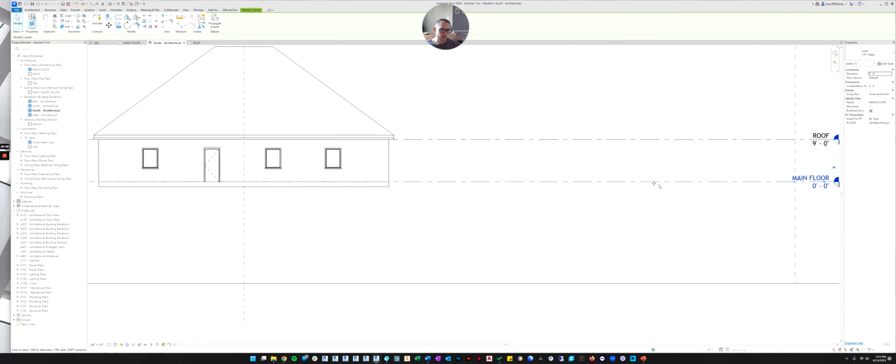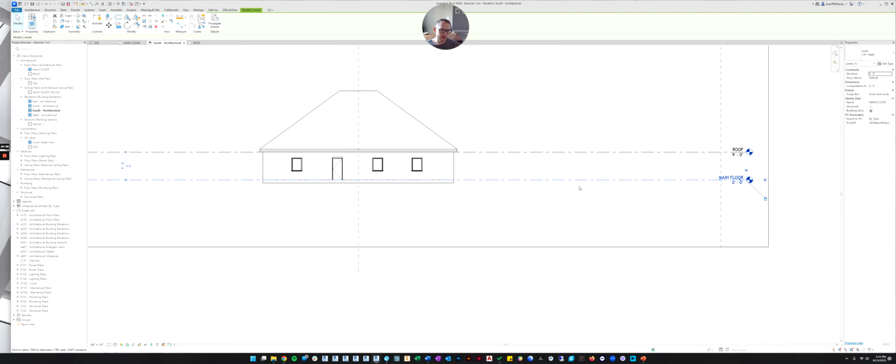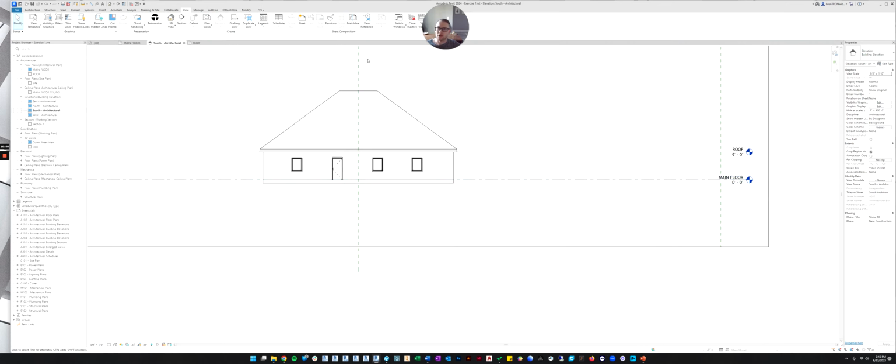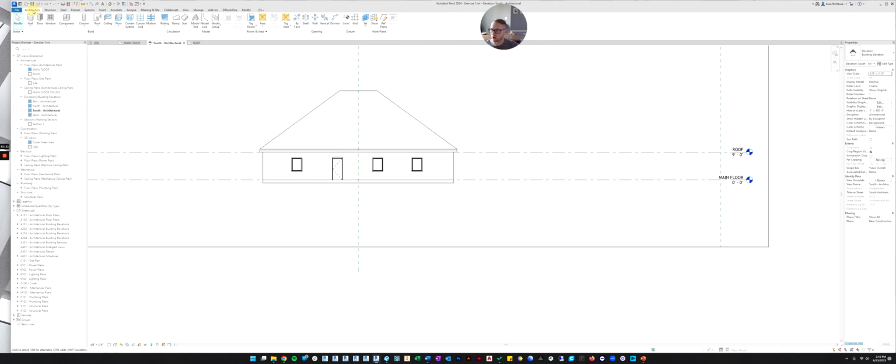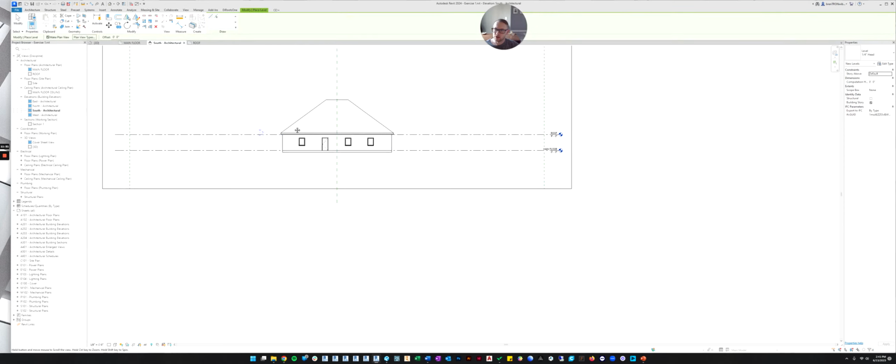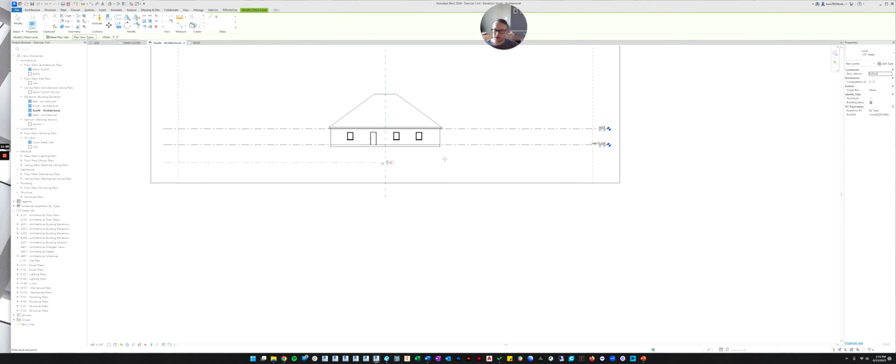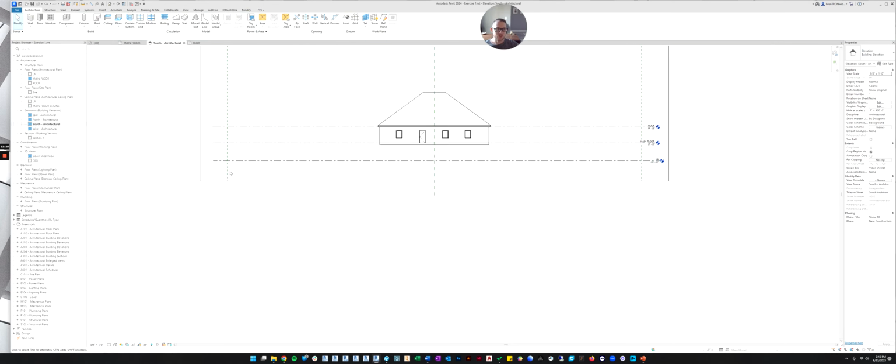So before, if you remember, to make the basement level, I copied the main level down. Instead of doing that, there is an actual command for making a new level. And the bonus is if you make a new level with the level command, it will automatically make a floor plan for you. So let's look at that. In the architecture tab in the ribbon, go towards the end where it says datum, and there is a level command. If you click level, you can just draw the level wherever you want it, just like you're drawing a line.